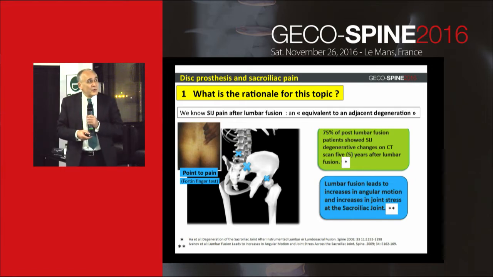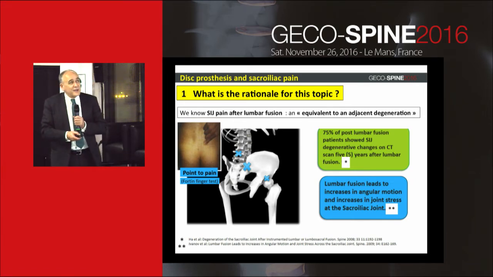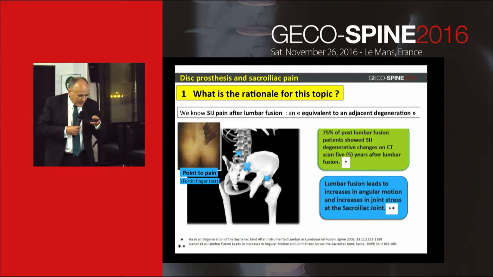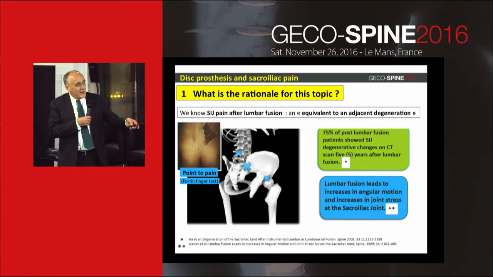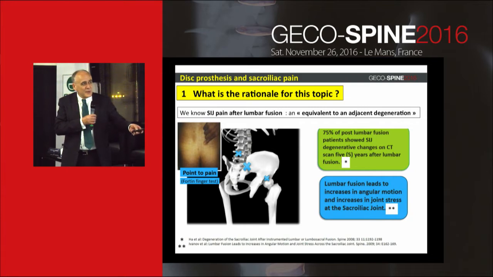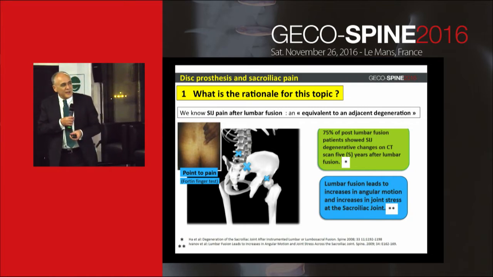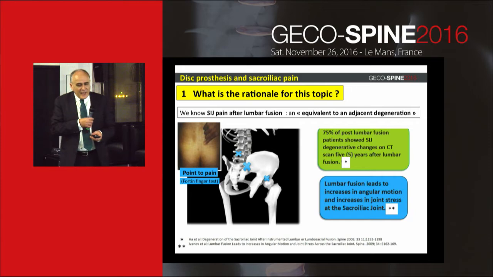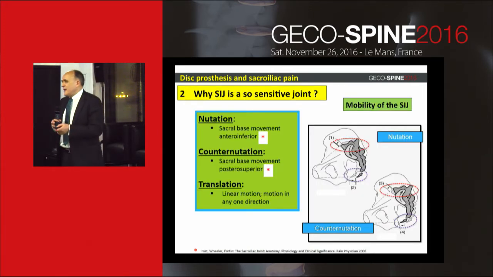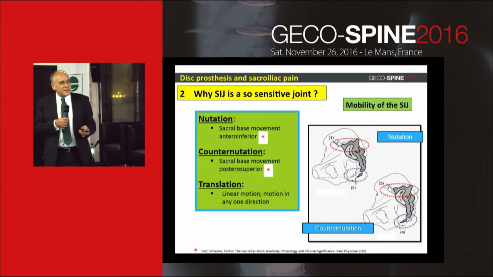So we know the rate of sacroiliac pain after lumbosacral fusion, with what the author calls the point to pain, and this small fovea regarding the sacroiliac joint, and sometimes with small nodes, Kopman nodes in this place. And we know exactly that in a lot of cases with fusion, we have this type of problem. So you will say to me, okay, we know the anatomy, the sacroiliac joint is very easy to understand.